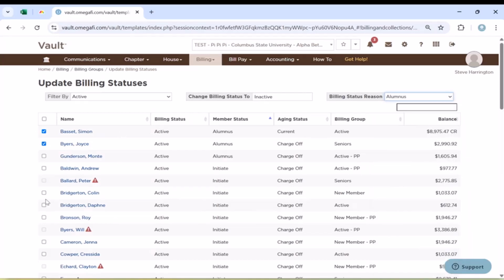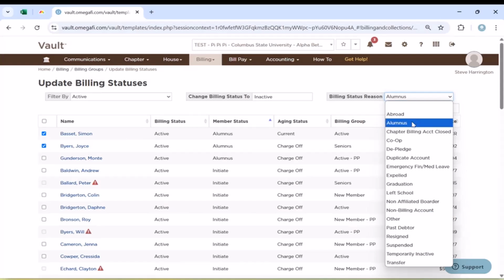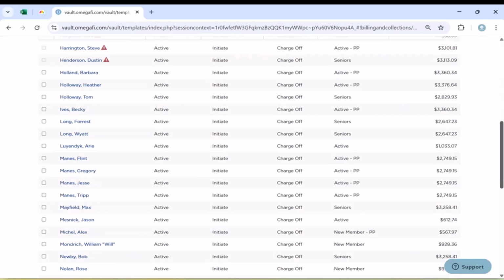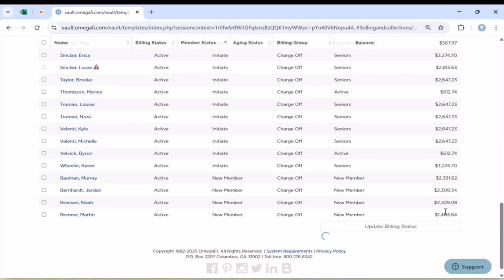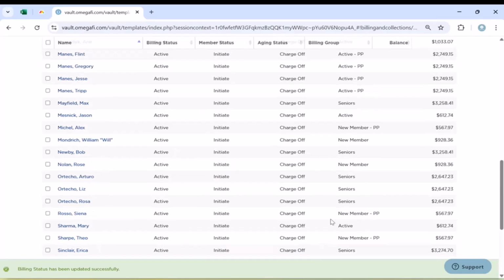Now, if you had other members in here, you'll be able to check the box, and if they dropped or disassociated, you can see there's all these different statuses that you can choose from that will match up with your members. But for these, they're graduating, so they're going to be alums. I'm going to go to the bottom, click update billing status, and now it's going to move them off of